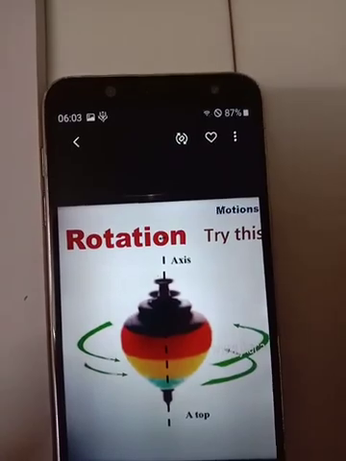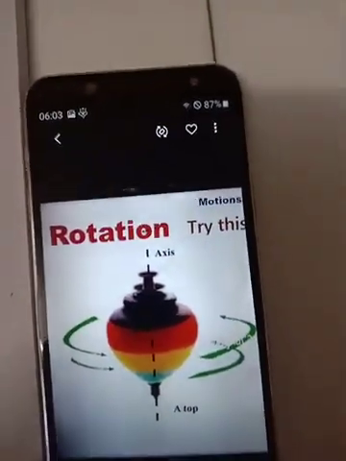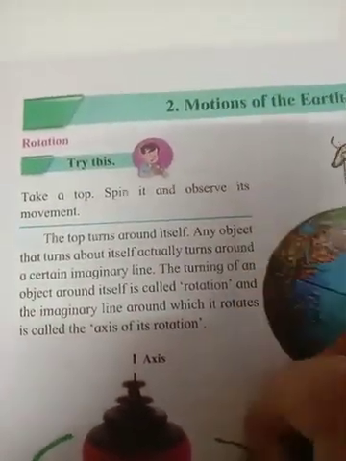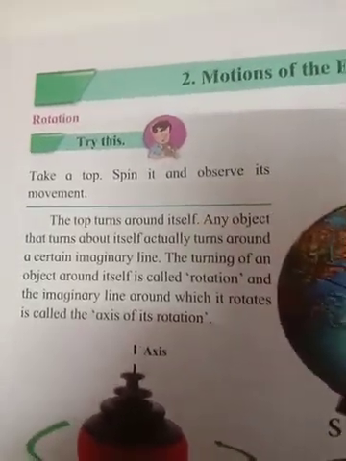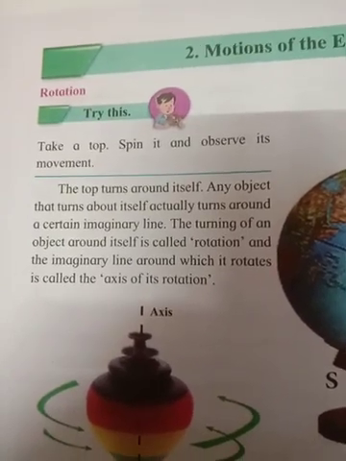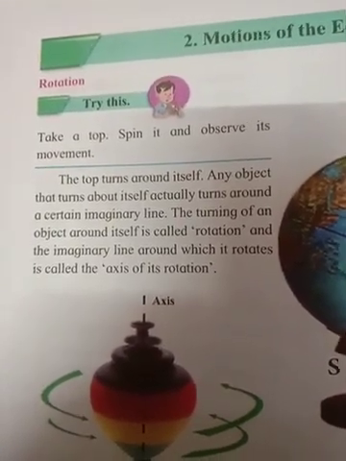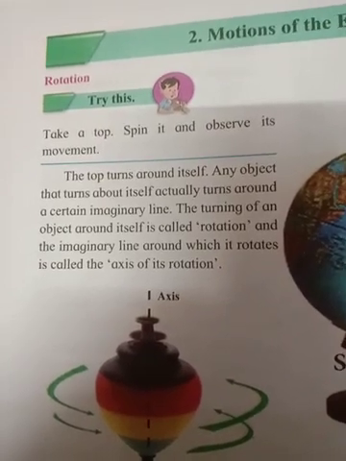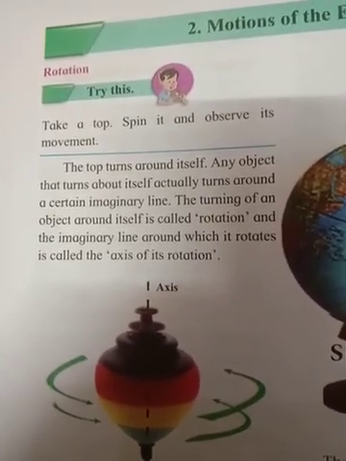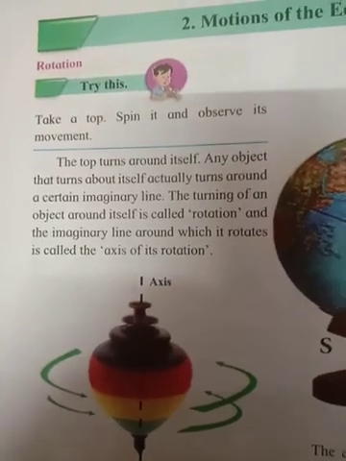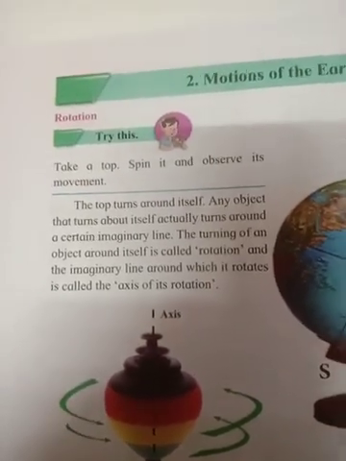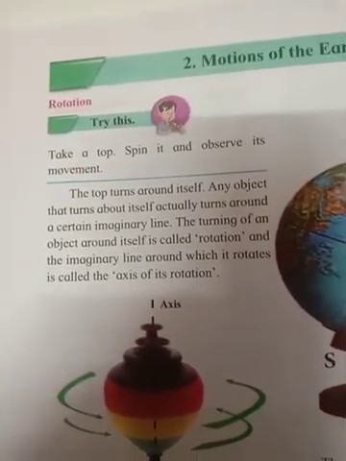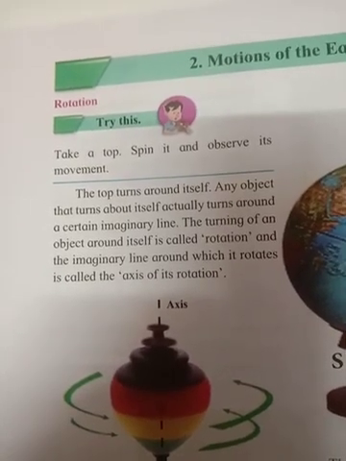Children, you might be playing with the top. Most of you must be having. So, take a top, spin it and observe its movement. The top turns around itself. Any object that turns around itself actually turns around a certain imaginary line. The turning of an object around itself is called rotation, and the imaginary line around which it rotates is called